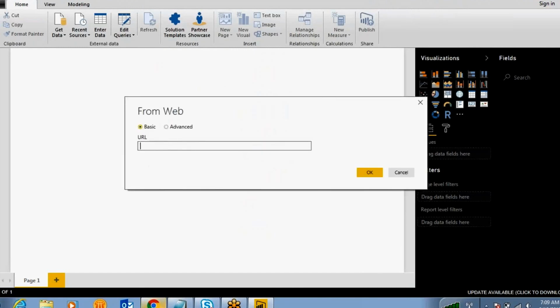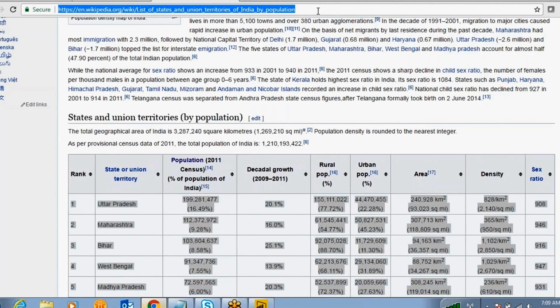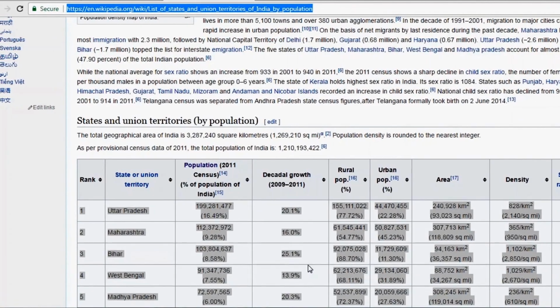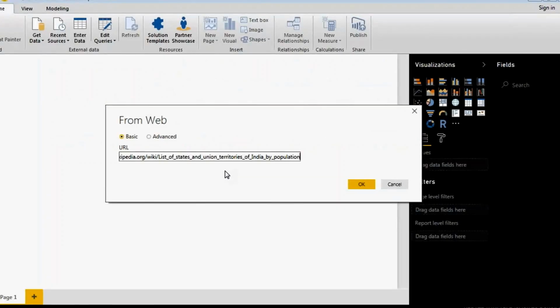Right. So here you have to provide your web page URL. You just take the URL from here and keep it over here. Just click OK. Directly it will connect to that web page.